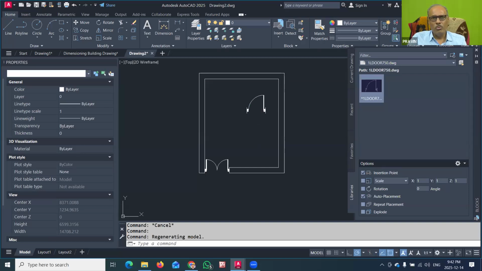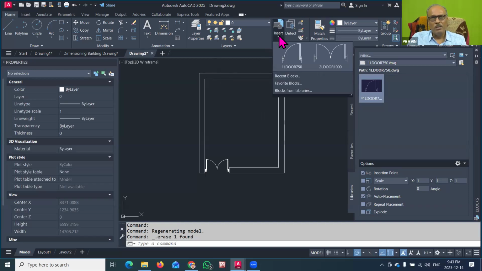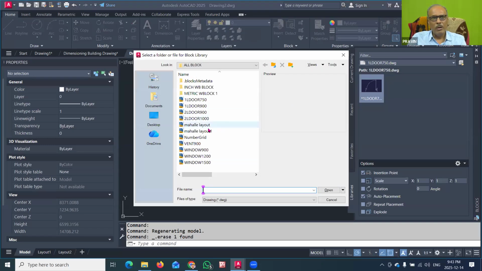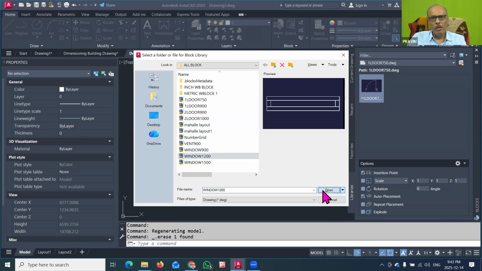Similarly, you can also insert the windows. So for that again, insert. So you can see that I have to insert 2 symbols. So they are now appearing. Blocks from libraries. And now you can browse your folder here. So browse the block library. And now we will use the window 1200 and open.